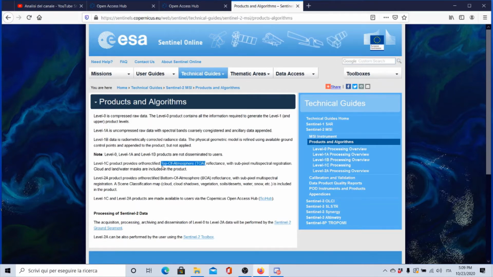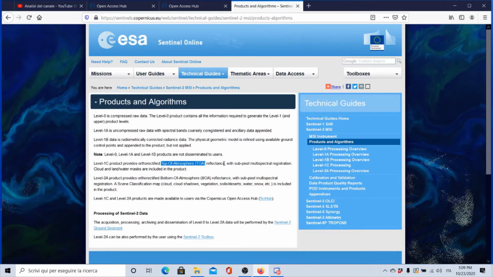What does top of the atmosphere reflectance mean? What is registered outside the tropospheric layers. So that means that we have reflectance, but pay attention that we don't have the correction